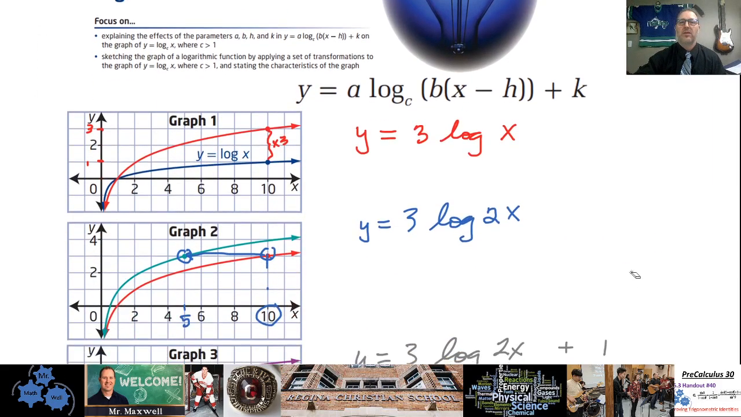And one thing you can rest assured is that these parameters, like a and b and h and x, do the exact same things as with the other functions. Okay, so let's just take a look here. The blue function is y equals log of x. That's your standard y equals log of x. And what we're going to do is try and figure out how we get to